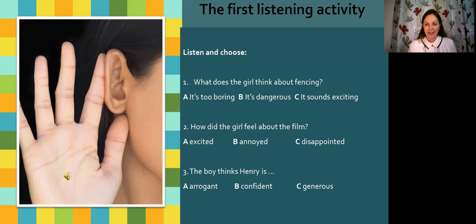So that was the listening activity. This is how I used to do listening activities in the beginning of my career. I just said, now we are doing a listening activity. I didn't explain anything to you. I didn't tell you what to do, what to listen for. I didn't tell you if you're going to hear a dialogue or just one person talking. I didn't tell you anything about the topic.